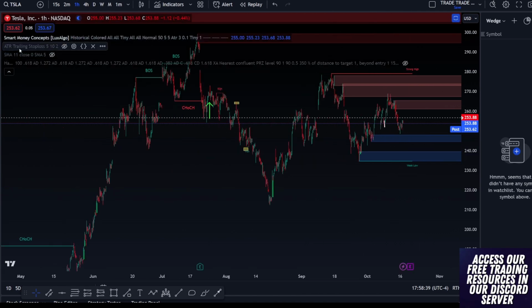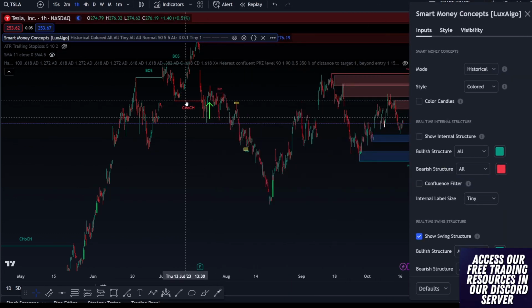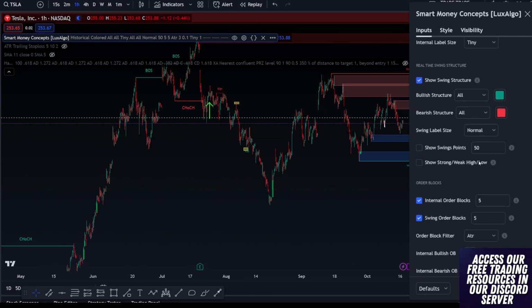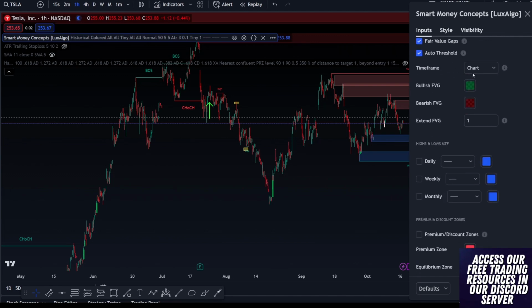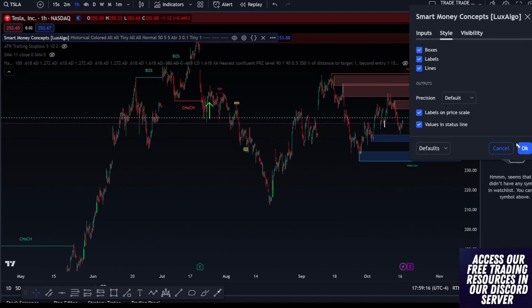If you come up here into the actual settings tab, I do have my settings changed. A lot of times you'll see things like CHoCH, which means change of character, or BOS, which means break of structure. Those are important, but to be quite honest, the only ones I look at are the swing, week, high, low. I personally don't use the intraday ones. I have everything else set to regular, and then style, boxes, lines, everything set to regular.